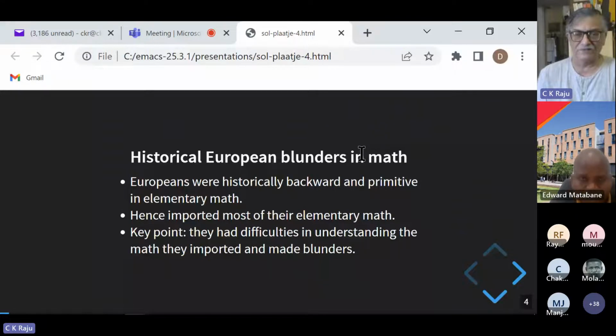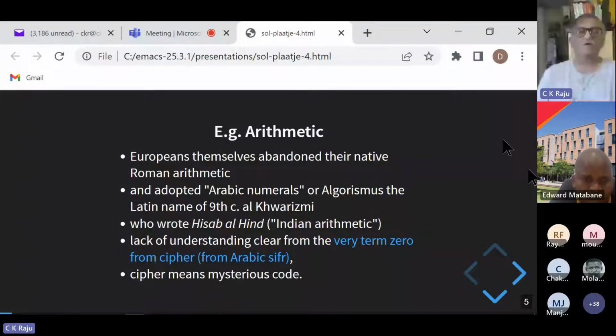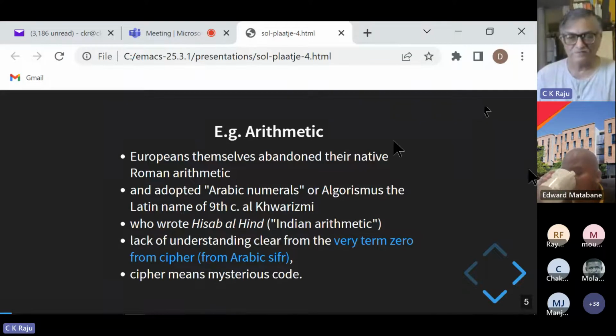Europeans themselves abandoned their native Roman arithmetic because it was very bad. And they adopted what they call Arabic numerals or algorithms, from the Latin name of Al-Khwarizmi, who wrote Hisab al-Hind, that is, Indian arithmetic. And the lack of understanding is clear from the very terms, such as zero. So zero, as you know, is